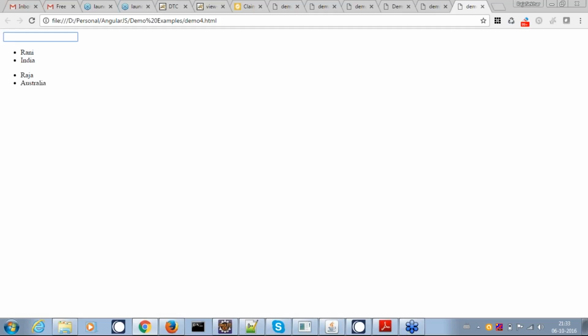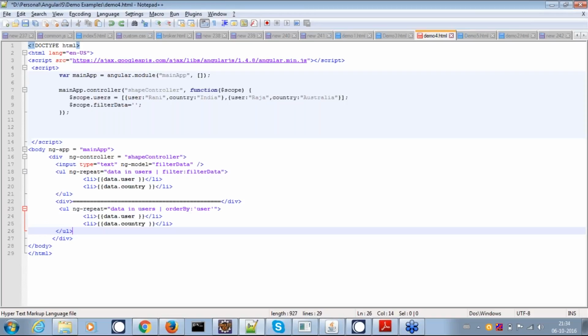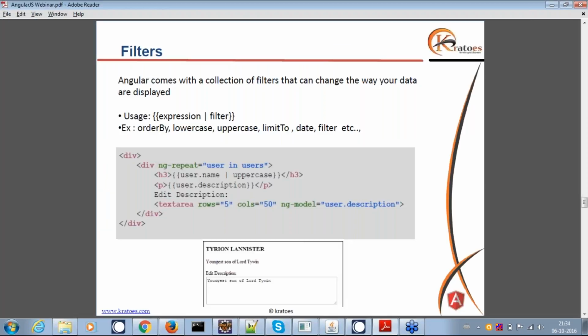Yeah, see. So this is like a filter. We can also give a search text on the entire data we are displaying over there. So this is one of the nice features of filter to see. Now we have seen how two kinds of filters are working, like in filter data, and also in the